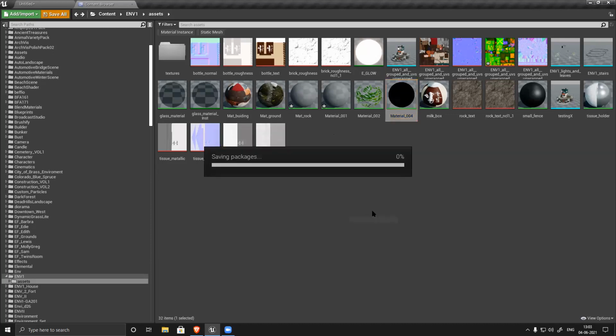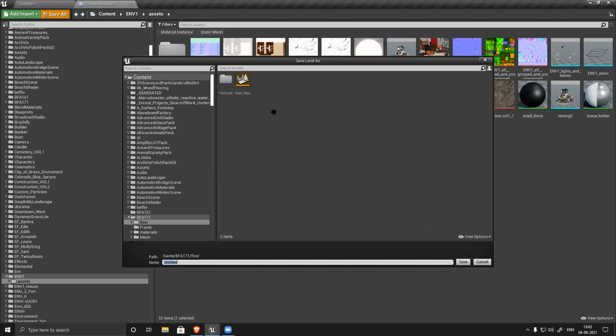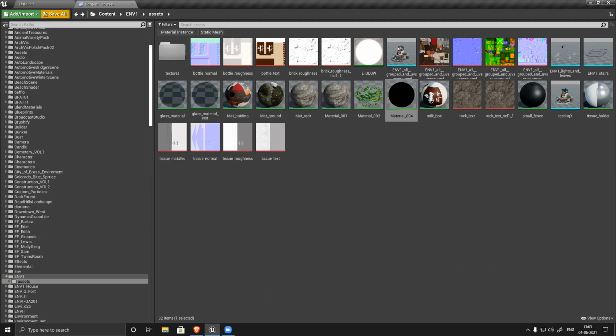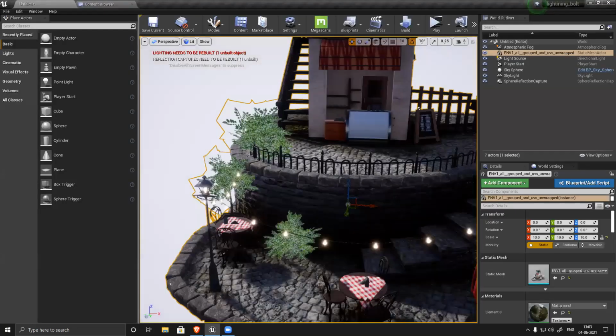Save everything. You can see now everything is visible in the preview. So everything came here.